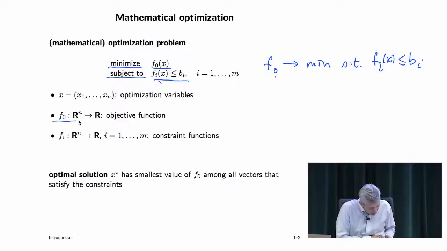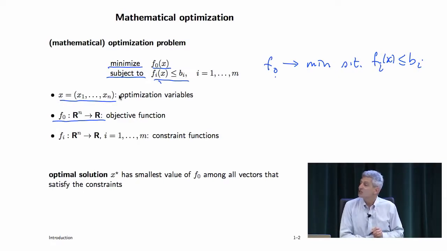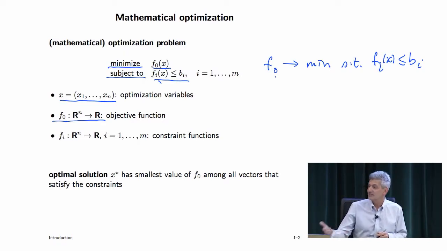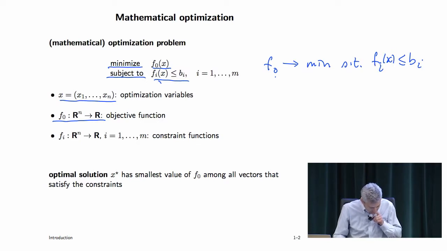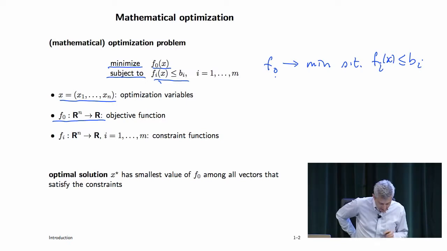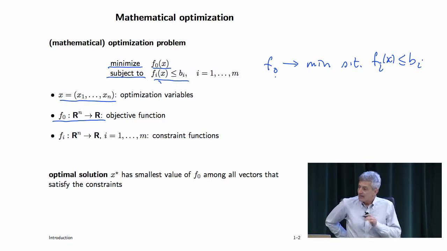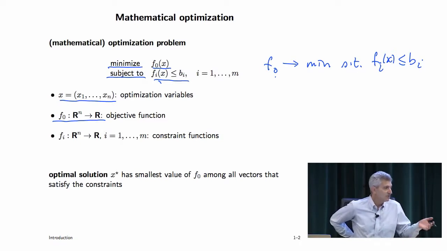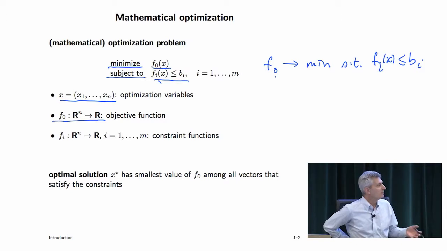Here you have x. That's called the optimization variable. There are a lot of other names for it. Another one is decision variable, which is a great name because it tells you it's something you have to decide on. You have a choice of different things. Then f0 is the objective function. F0 of x basically tells you how much that choice irritates you, because you're minimizing f0, so if f0 of x is large, you're very irritated, and the smaller it is, the better.